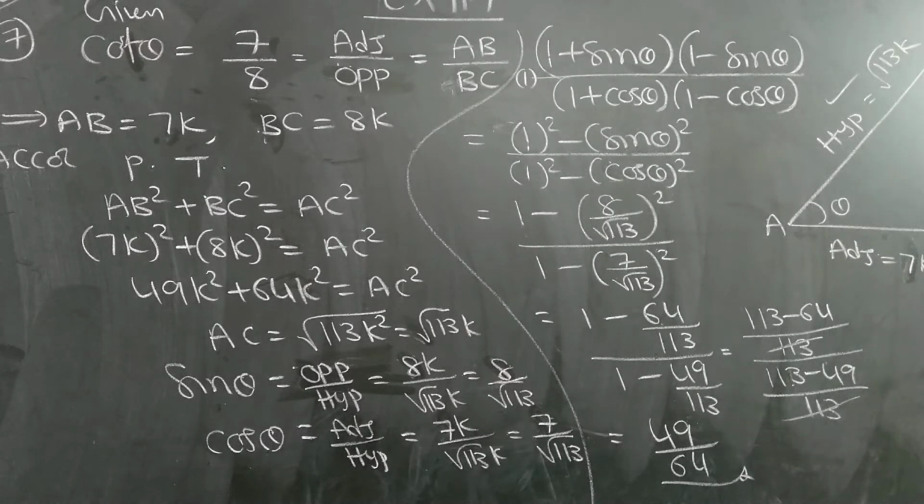And one more thing: is the size of the letters visible on your phone or not? That also you can tell. Otherwise I will write big. The same problem I will do half at a time, and after rubbing the board, again half. Like that also I will do. Is it visible or not? You just tell me. Are you able to understand the steps or not? That also you tell me.